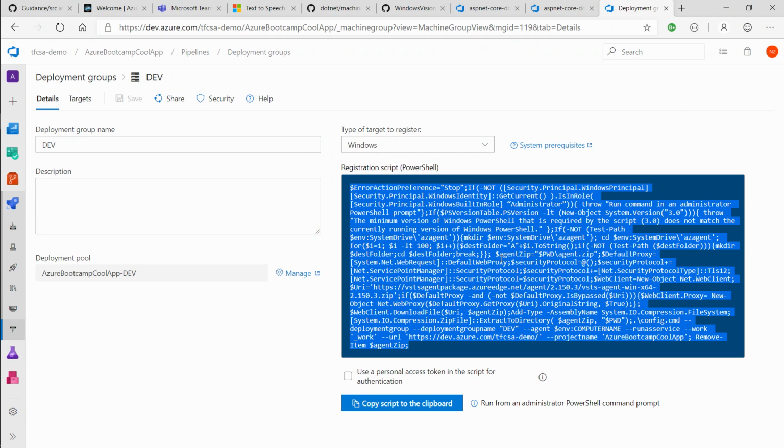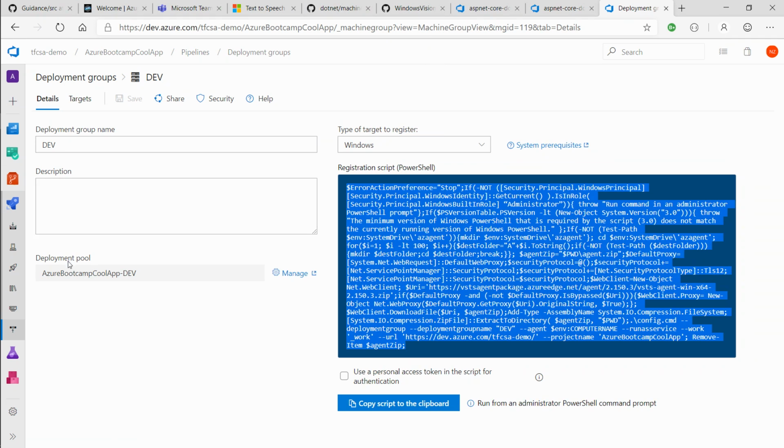Let's say QA. We're getting close to production, so we might have a load balanced website. So there will be 2 web servers, and there might be a clustered SQL instance. So let's say there's 3 database servers. Okay. So what we do is we'll take that script and run it on each one of them, which basically downloads an agent and installs it on that machine and associates it to this deployment group. Then we'll go in here and we'll say tag these 2 machines as web servers and then the others as SQL servers. So now we've got 5 servers, 2 of them tagged as web servers, the others tagged as SQL servers. So then we go back to our deployment or our release,